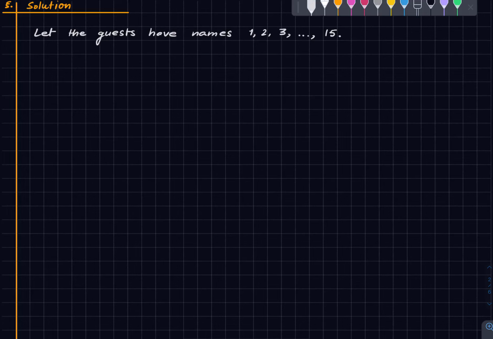Okay, and now initially the table is in some position and we can rotate it. When I say position of the table, I just mean some rotated orientation of the table. So for a position P of the table, we define